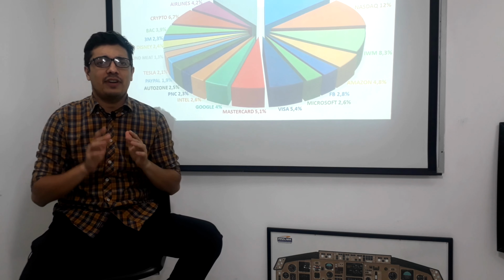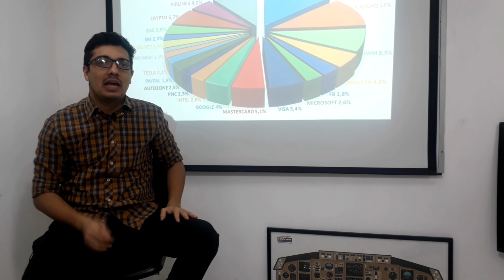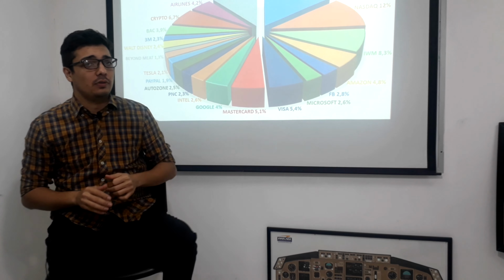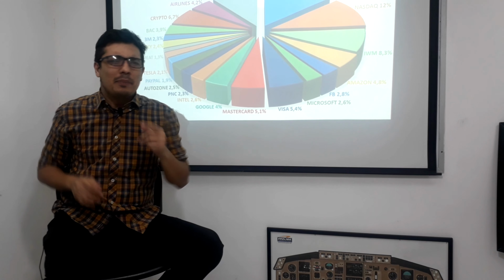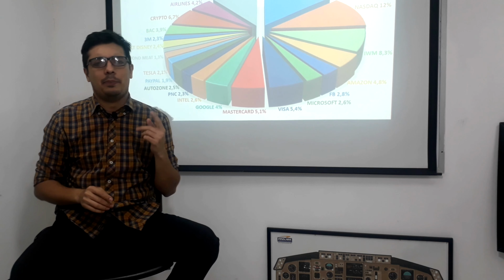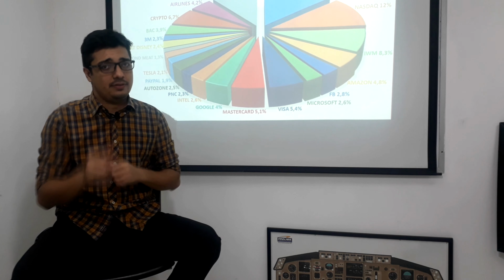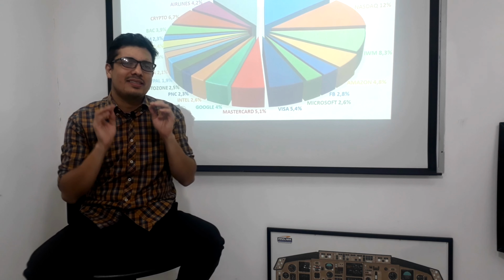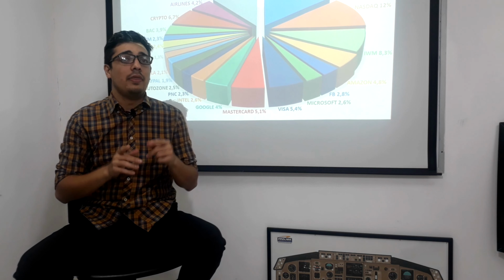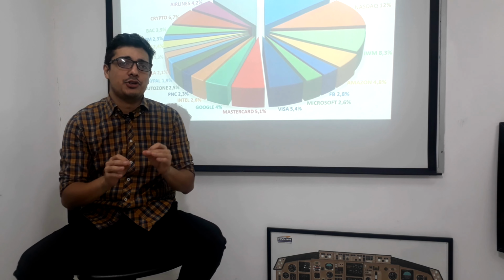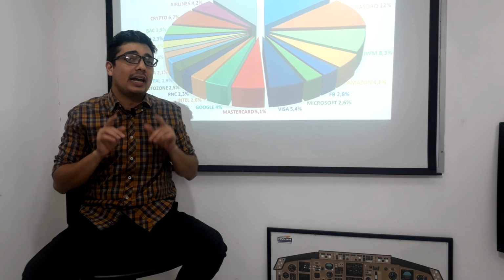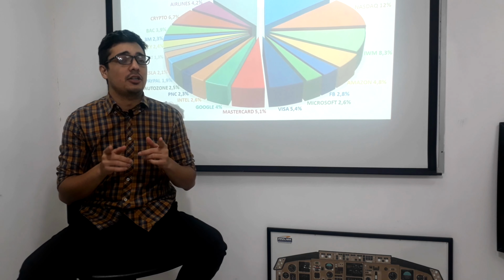EBITDA is a measure of a company's overall financial performance and is used as an alternative to simple earnings or net income in some circumstances. EBITDA, however, can be misleading because it strips out the costs of capital investments like property, plant, or equipment. It excludes expenses associated with debt by adding back interest expense and taxes to earnings. Nonetheless, it is a more precise measure of corporate performance since it is able to show the earnings before the influence of accounting and financial deductions.